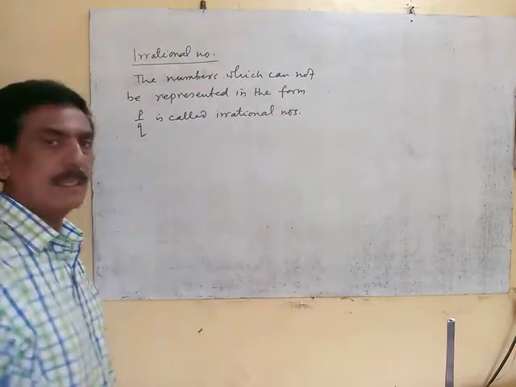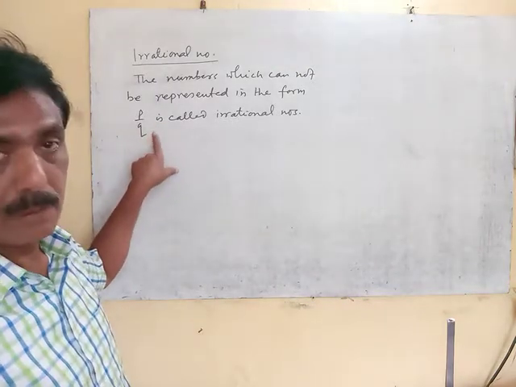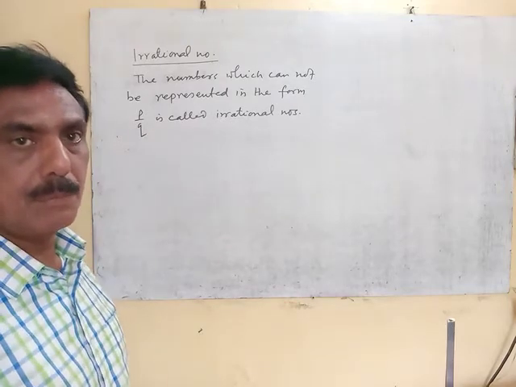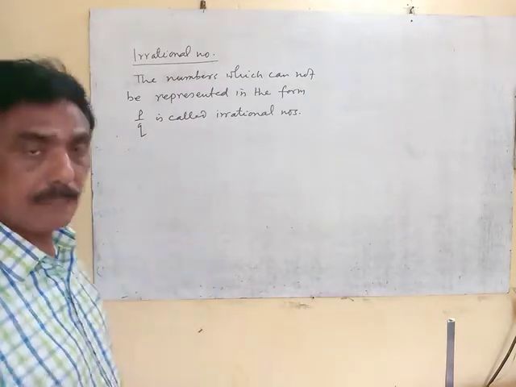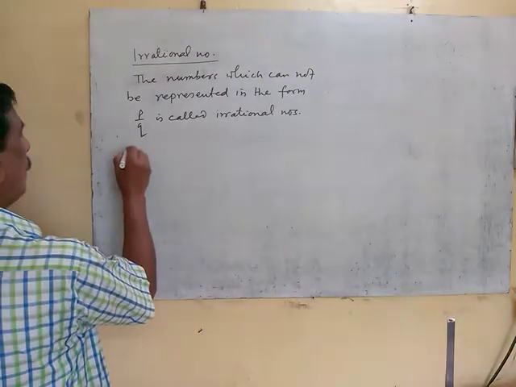A rational number can be represented in the form p by q, but an irrational number cannot. The second way of defining an irrational number is this: